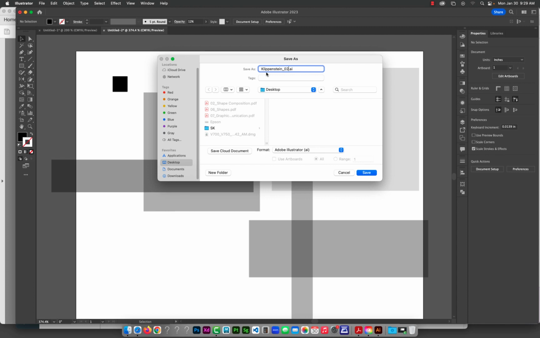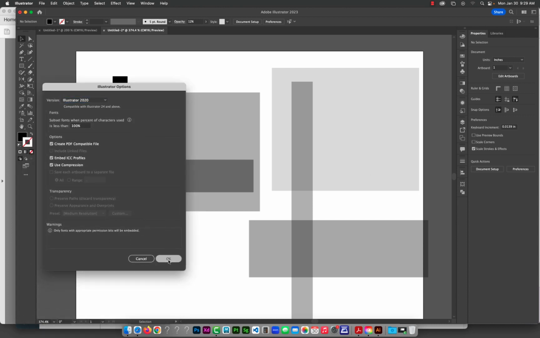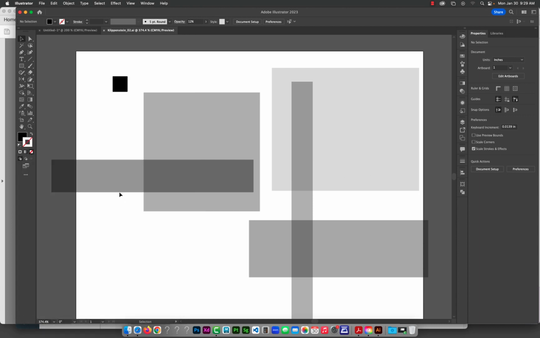And as I mentioned, always save everything 2 different ways. One way, I'm going to save this as the default Illustrator, and I'm going to save it to the desktop. That's my working file. I can always go back, reopen this, make changes to it, resave it, save it as something different. And it's not that big a deal on these early assignments, but when you get into your logo design,